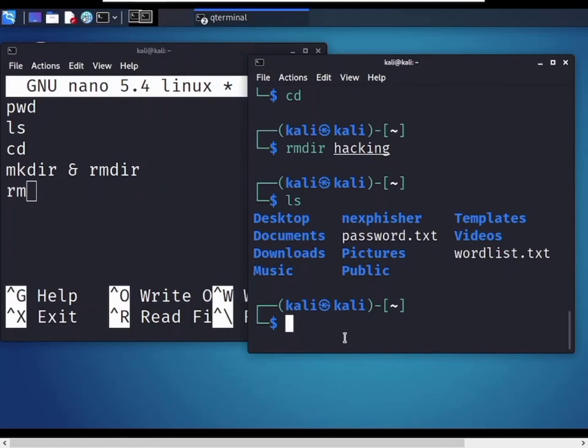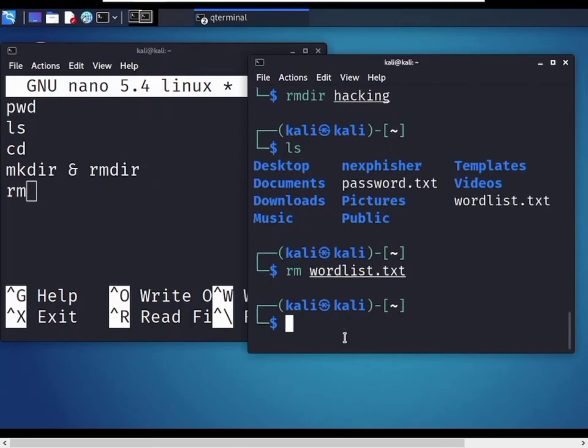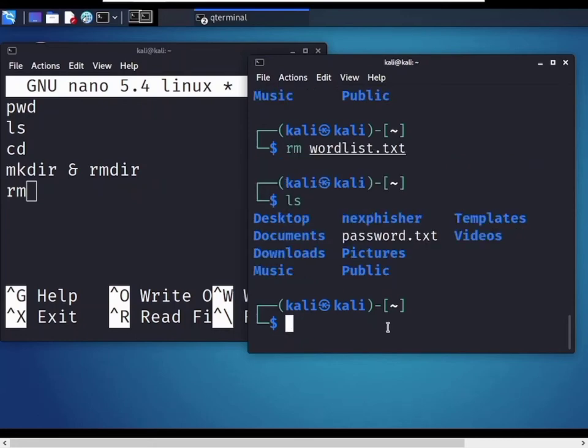So how to remove it? Type the simple command rm wordlist.txt and hit enter. And now the rm command deletes the wordlist.txt file in my home directory. Now I want to show you. Type the command ls and hit enter, and it has removed my wordlist.txt file.